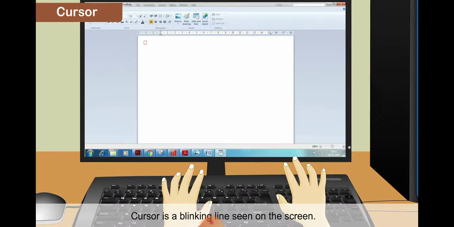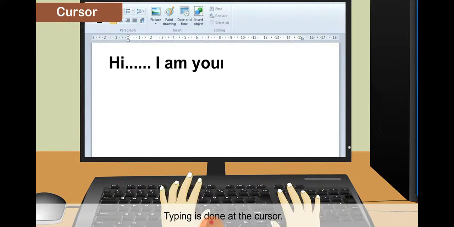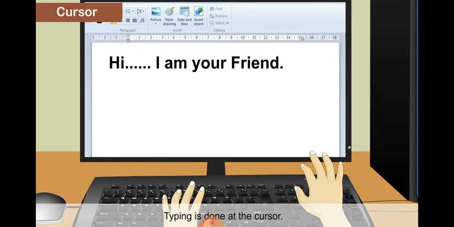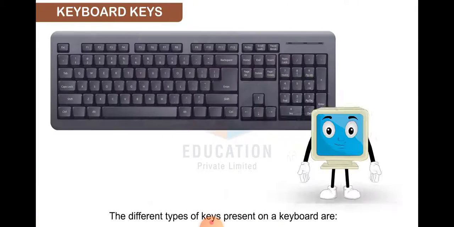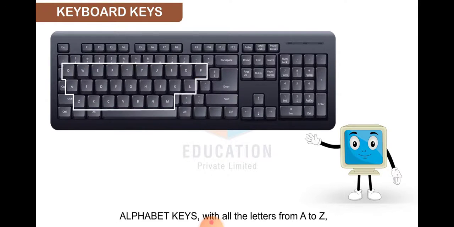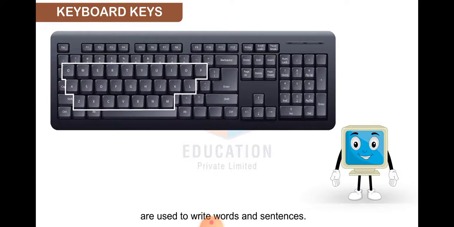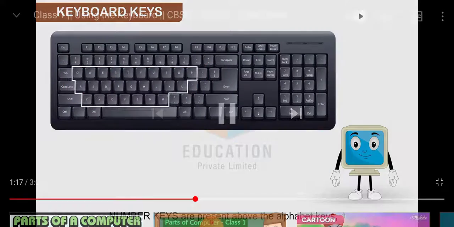So whenever we go for cursor keys, you see this one is a blinking line which is shown on a keyboard. So the blinking line, which is seen on your computer or on your screen, is known as cursor key. You may also call it that the cursor key is the blinking line that you can use on a keyboard. So first of all we are going to see the types of keys.